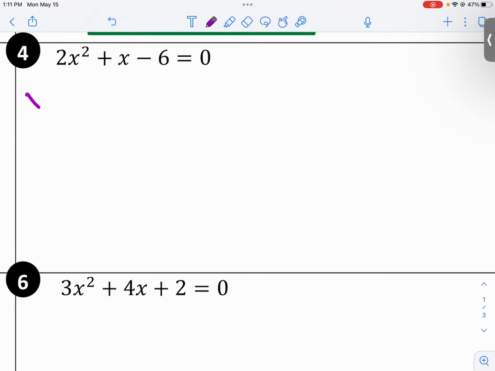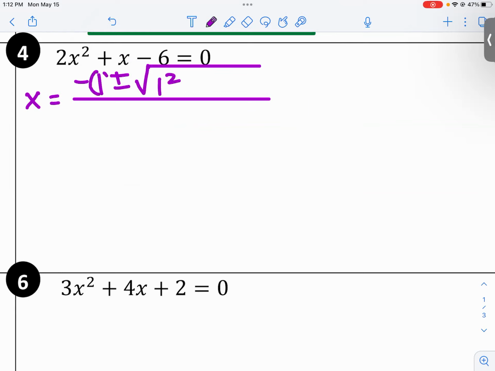The quadratic formula is always going to work. So if we have x equals -b plus or minus the square root of b squared minus 4ac all over